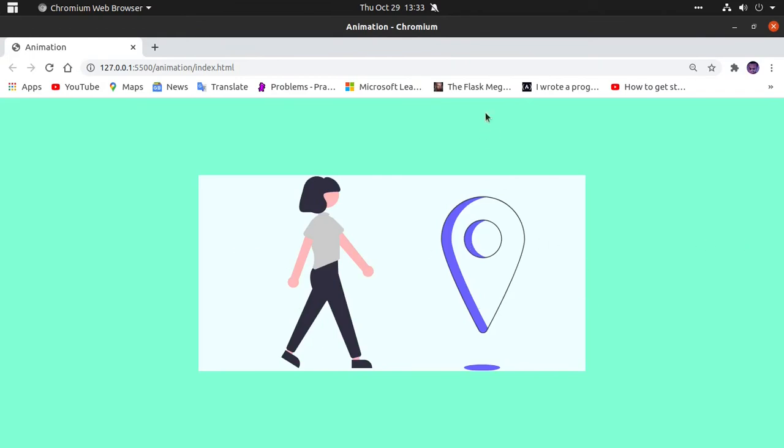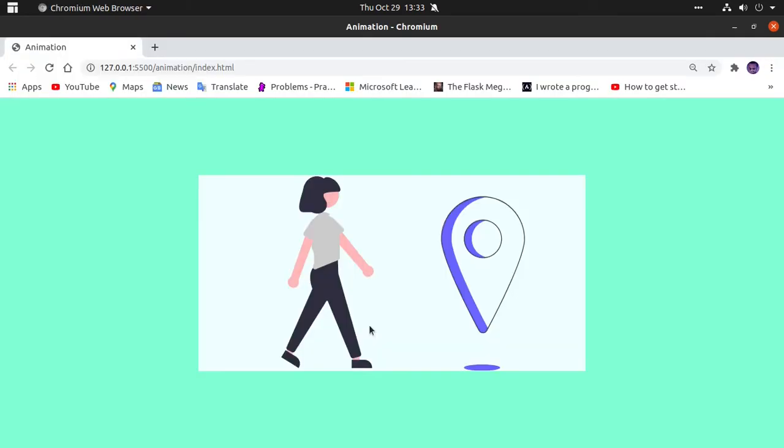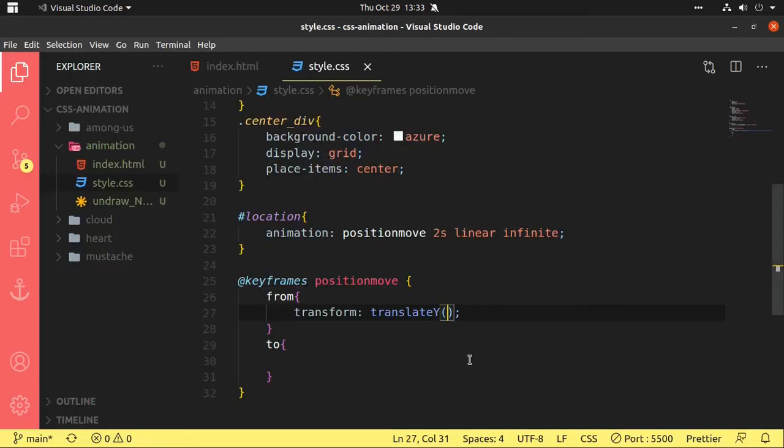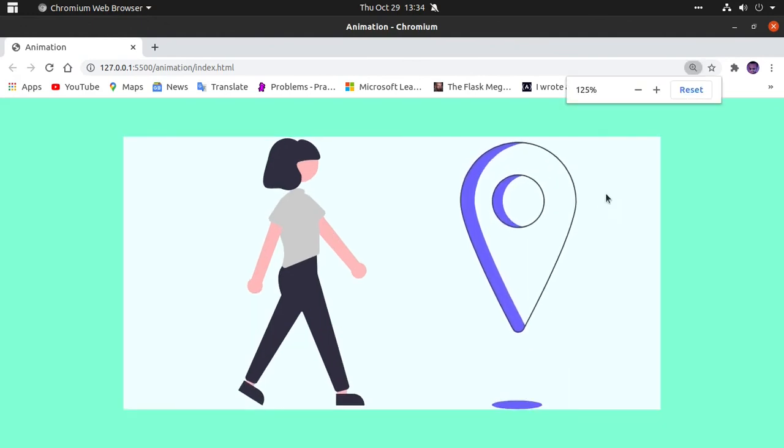This is the X direction, this is the Y direction. Going above is negative, going down is positive. So I want to make it minus 10%. You will see it is going up already, but it looks very weird, suddenly going up.